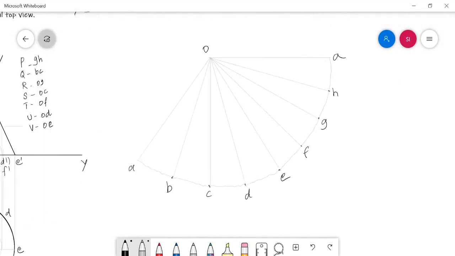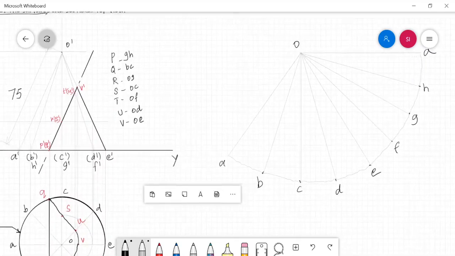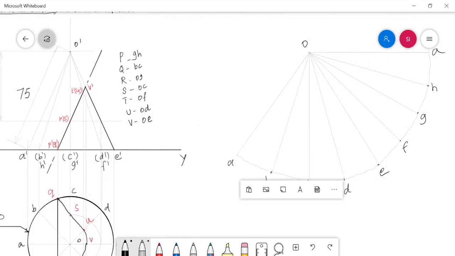Now I have done the uncut cone development and marked all the base points by splitting the total sector angle into 8 equal parts. And after that I can start to mark the cut points in the development of the surfaces. And here in this problem you can look that the cut points P and Q are obtained in the base, and the cut points R, S, T, U and V are obtained in the generators. It is very easier to mark the points in the generators. First we mark them, later on we can do some additional activity to mark the cut points P and Q in the base arc pieces.